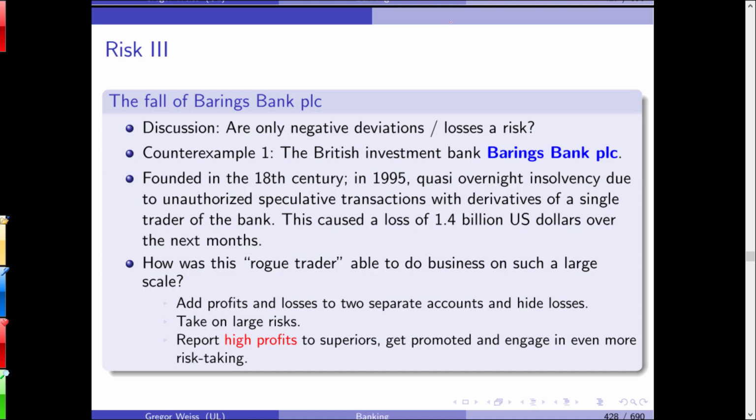What did he do? He kept two accounts. He traded, and he kept the profits in one account and the losses in a separate account. And he only reported the account with all the profits to his superiors. They were quite amazed and happy with his performance. They promoted him, I think, up to the position of chief derivatives trader in Singapore. And he traded, and he traded, and he traded, and he kept all his losses in one account. He hid this account, and he was able to do so because markets were not too volatile.